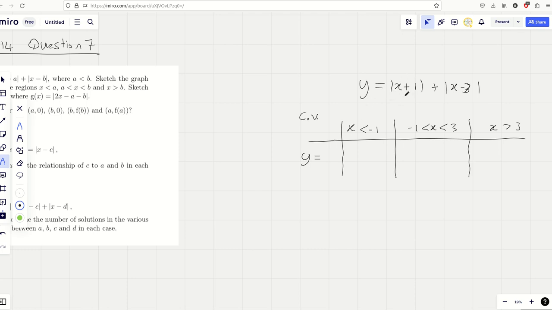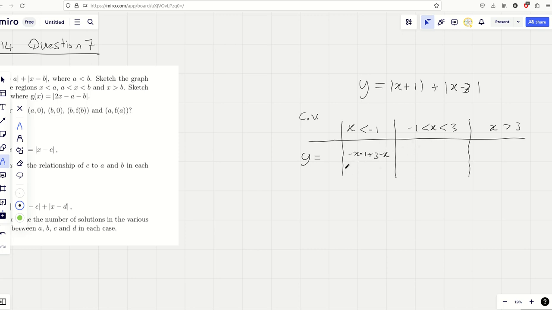Well, when x is less than -1, this bit is actually going to be a negative, yeah? And therefore, we're actually going to get something which we're going to have to change the sign on. So you're better off looking at this as not x plus 1, but rather -x minus 1. In other words, you just change the sign of it because you're going to times that by -1 when x is less than -1, yeah? And likewise over here, if x was less than -1, if you had -1 minus 3, you got -4, so you're going to get a negative here. So if we change the sign on both of those terms,